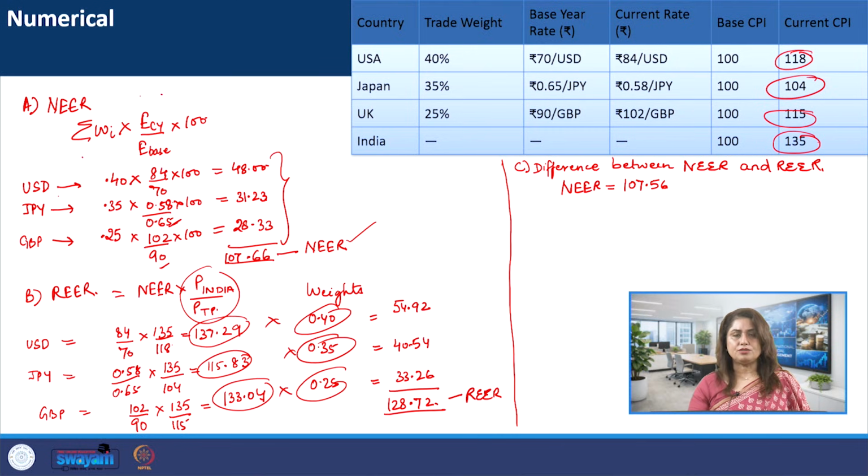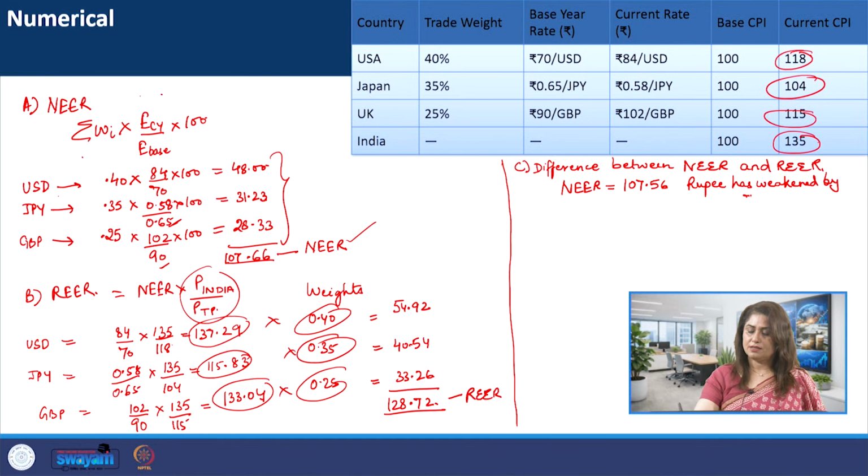It captures only the weighted nominal exchange rate movement. So it shows that the rupee has weakened by 7.56%. Fine. Now REER adjusts NEER for the inflation differential, and